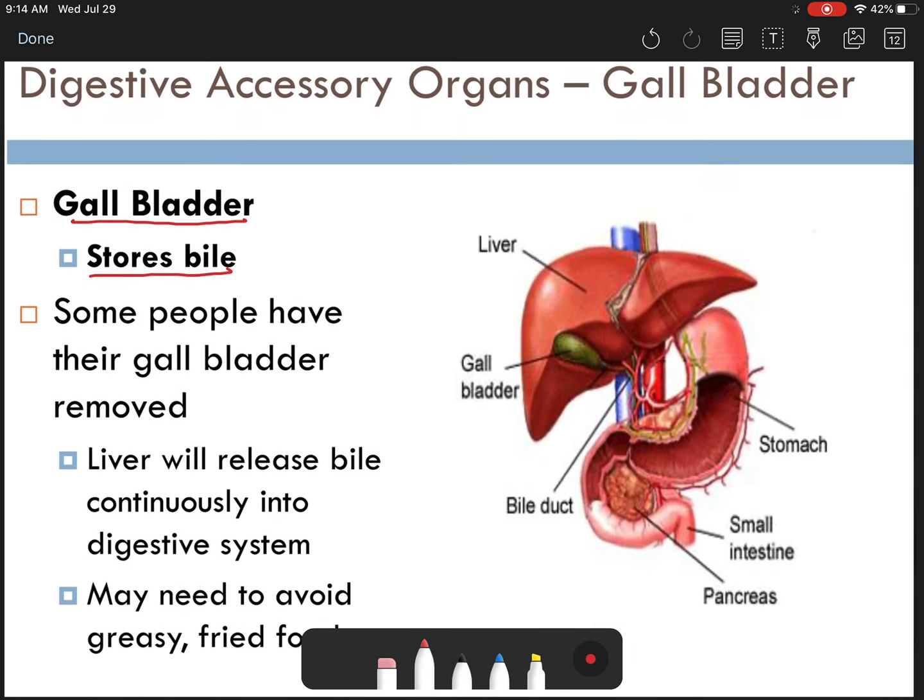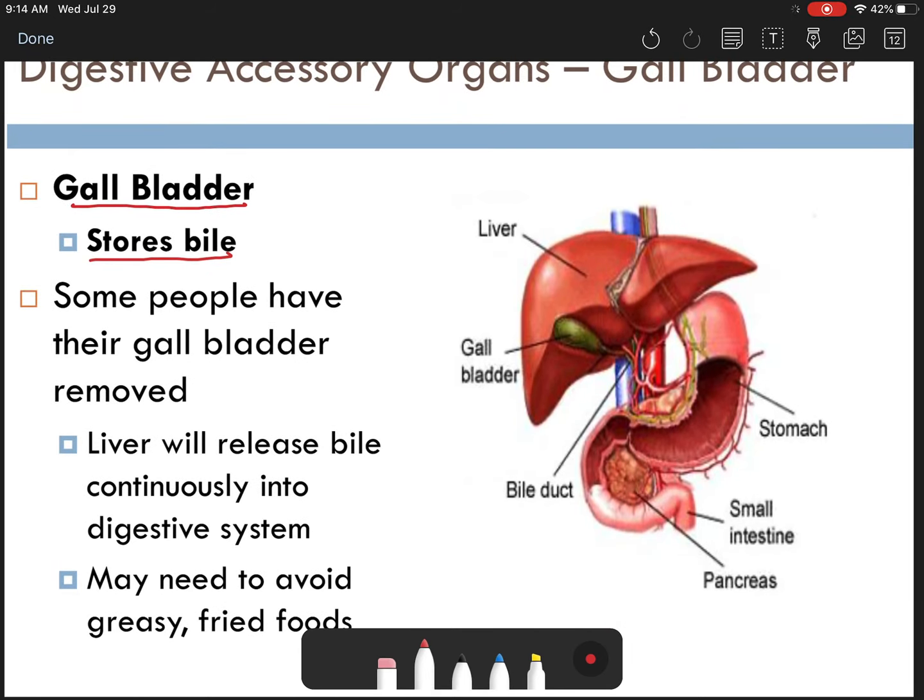And so some people have their gallbladder removed, and you can live without your gallbladder. That just means that your liver will continuously release bile into your digestive system because it won't have anywhere to store it, and it will go into your small intestine. That's where a lot of the bile will go, into the small intestine, to help break down those